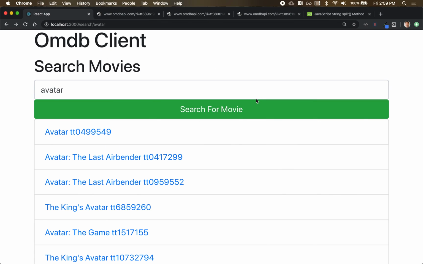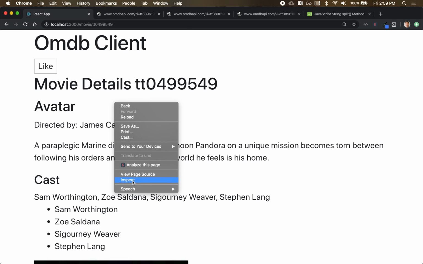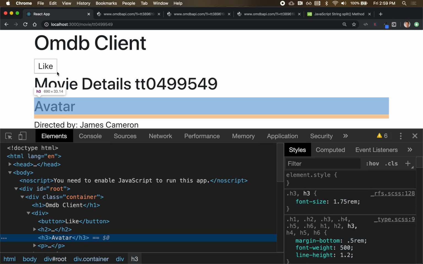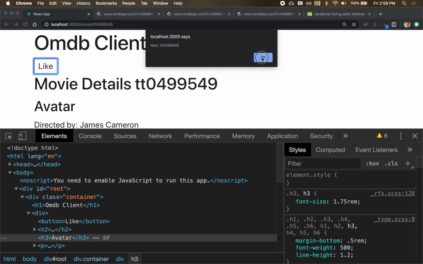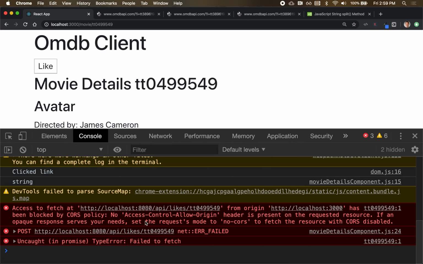Let's do it here on Chrome. Avatar. And if I inspect, we'll notice that if I click on like, we're going to get an error. The console error is that we're trying to hit a server that is running at 8080, but nobody's listening to that particular post. That means that on the server side, we need to do something. So let's do that on the server. Let's look at